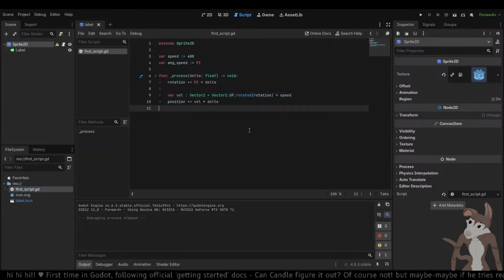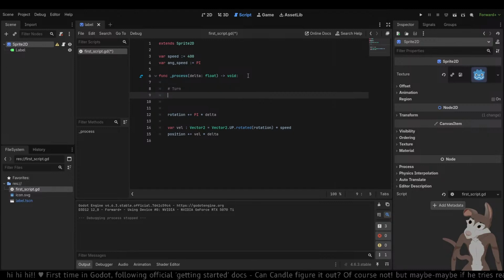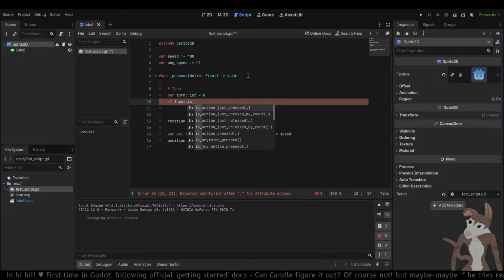So turn. var turn int equals 0, and then